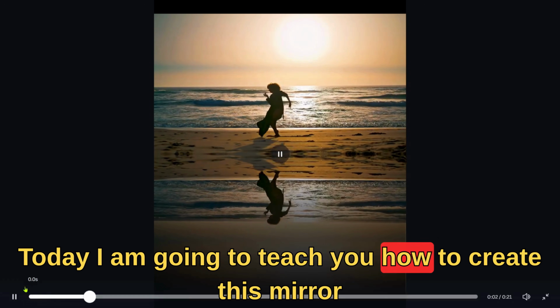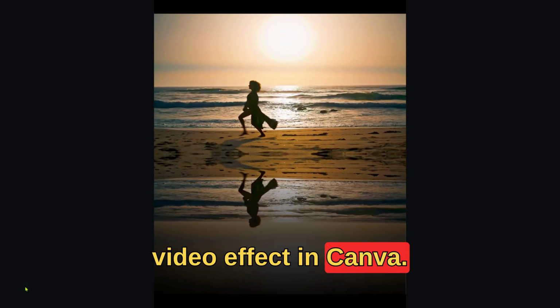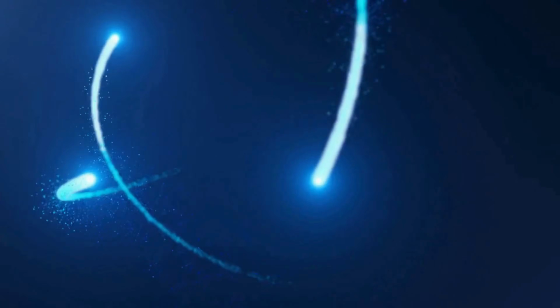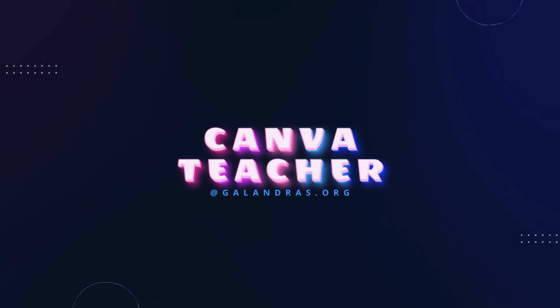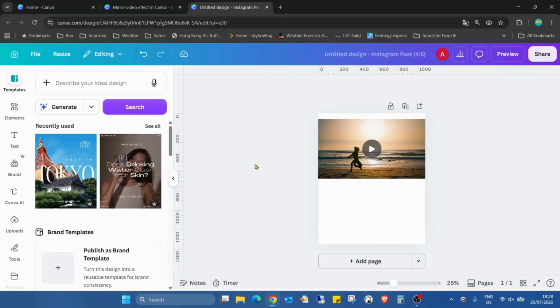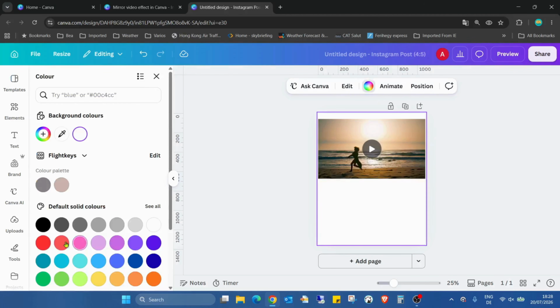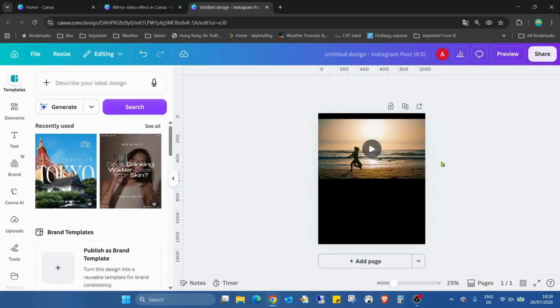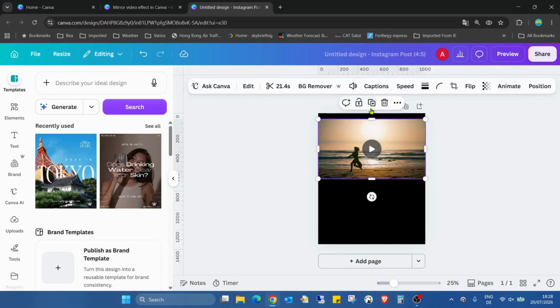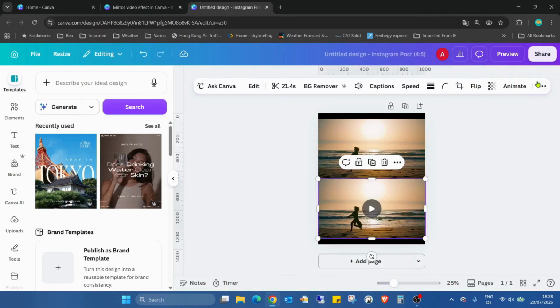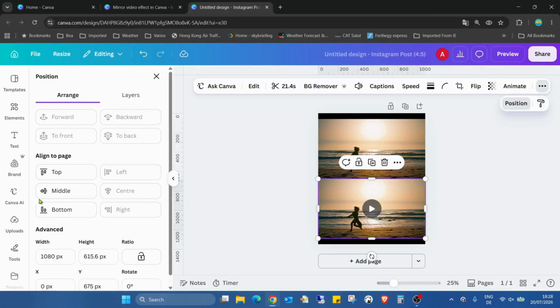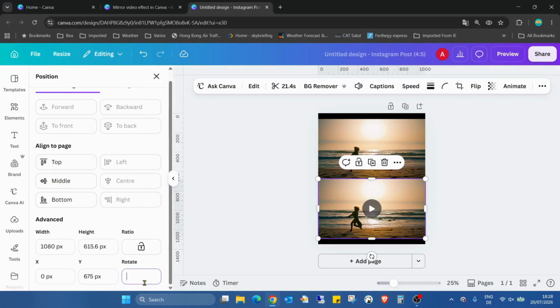Today I'm going to teach you how to create this mirror video effect in Canva. As you can see, I already inserted the same video into a new design. The first thing we need to do is change the background to black to get it a bit nicer, then duplicate the original image, move it down to the right position, and go into the positions and rotate it to